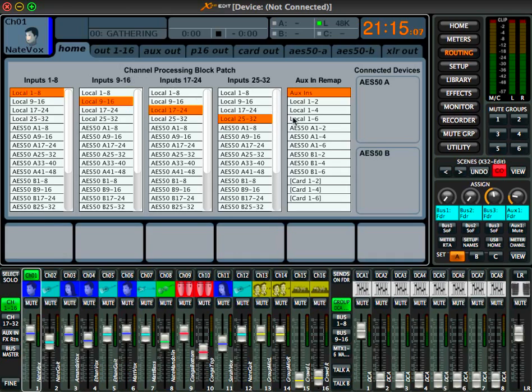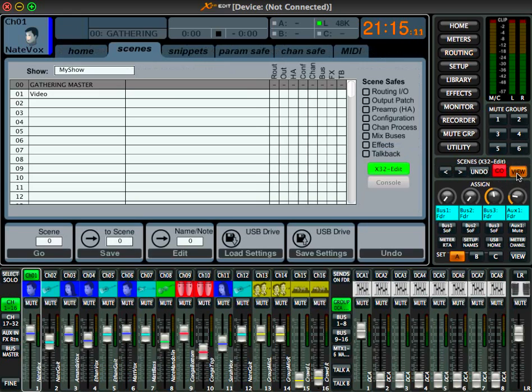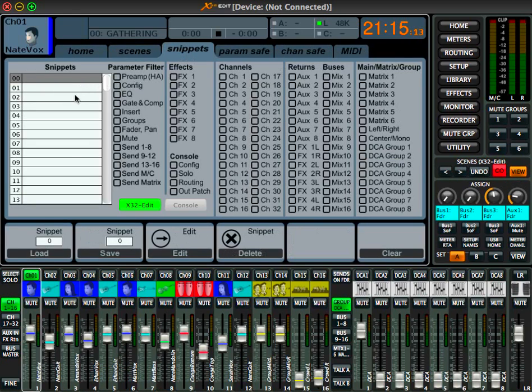So the way I do that is I set the board up like I want it, which is like this. I'm going to go back to the Snippets menu, so View, Snippets. I'm going to select the place that I want to save that snippet. I think there's 100 spots. And then because I just want the routing settings to change, I don't want any of the EQs or any of that stuff to change, I'm going to pick this routing,